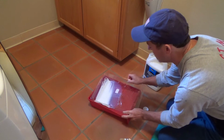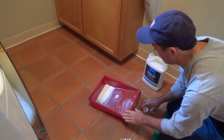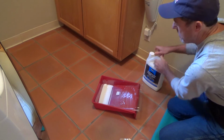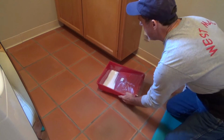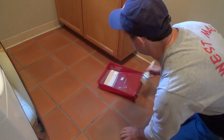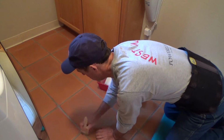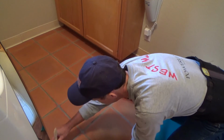I'm trying to use a little plastic tray. I could have put it directly in here. This tray is not even fitting in here, but I'm gonna try this anyways. That way I don't mess this other tray up. Okay, and what I'm going to do is I'm just going to take this little paintbrush and put it on just the grout. And you know, it's going to get some on the tile too, right? Not a whole lot as I'm doing this,